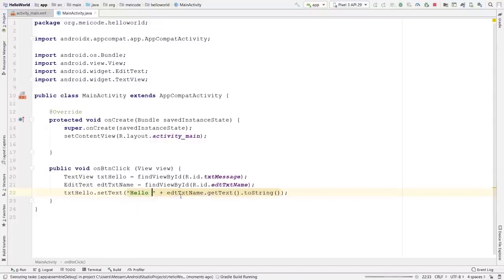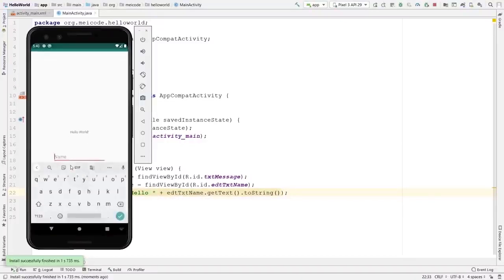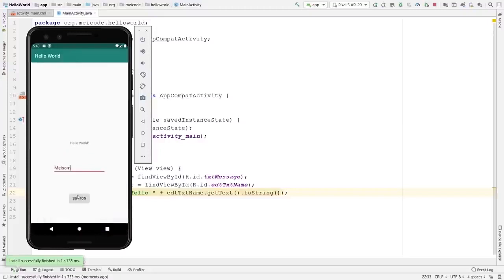Let's run the application once again, and let's type something in here. Let's say Mesa. By pressing the button, this time you can see that the text has been changed to hello Mesa. Our application